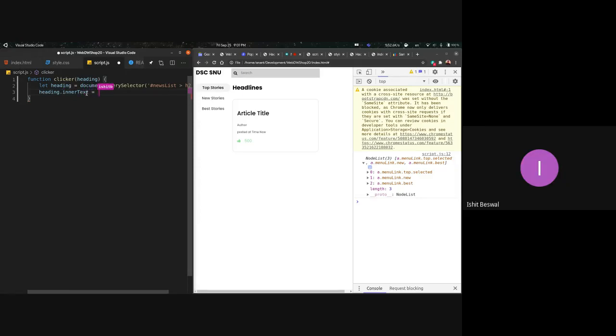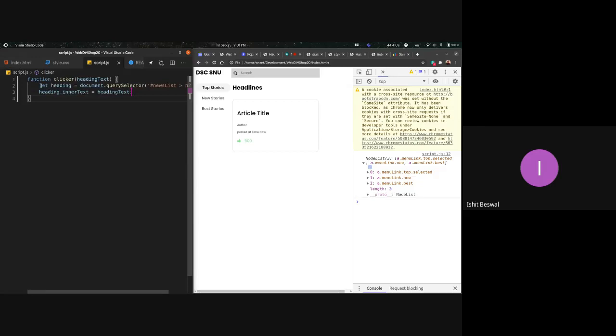Now it says exactly what it does. It selects the inner text of the HTML element, which is right now headlines. All right, so I'm going to change this to whatever I pass in the heading text. I'm going to rename the heading argument, and yeah, that's exactly it.